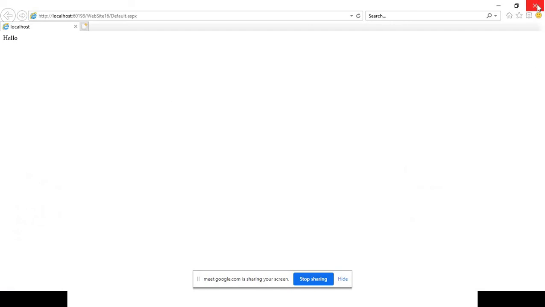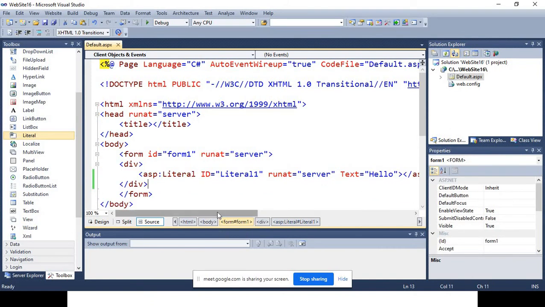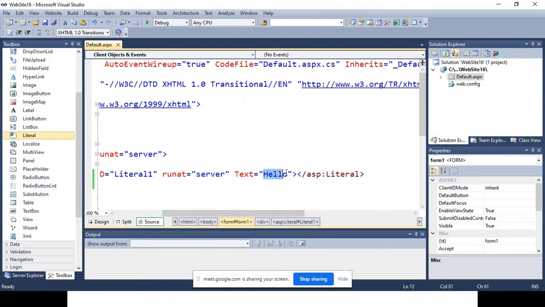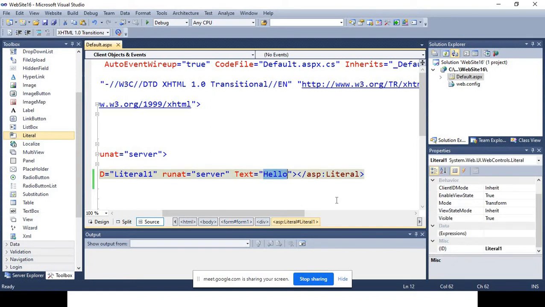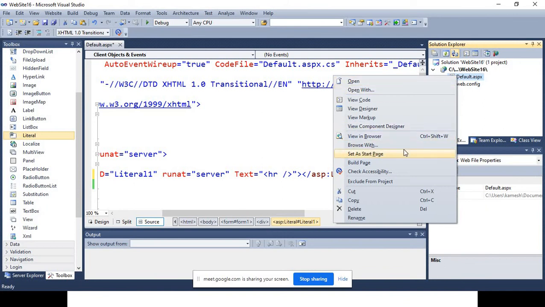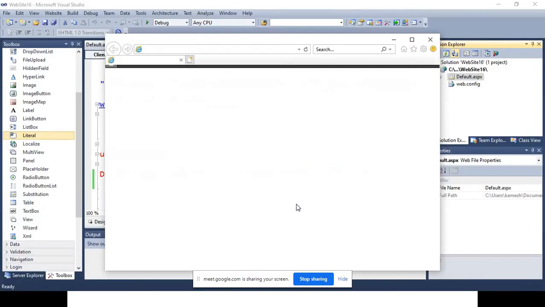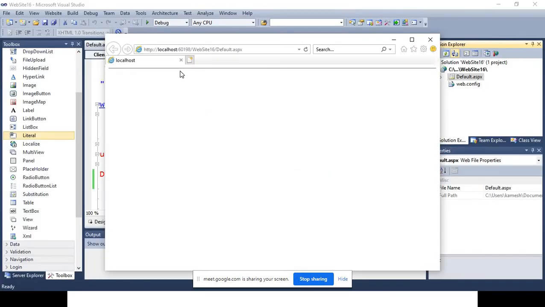Okay, fine. Now suppose in the text property, instead of hello, you type HR slash. If you run this page in the browser, Internet Explorer or Google Chrome, you get a horizontal rule line.